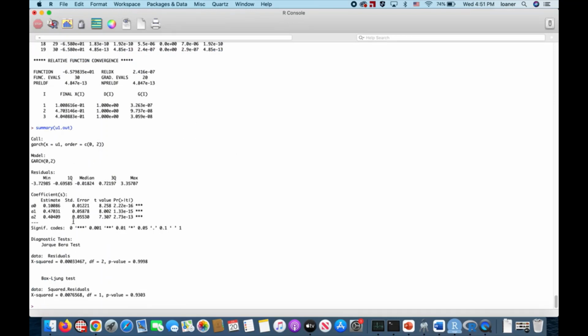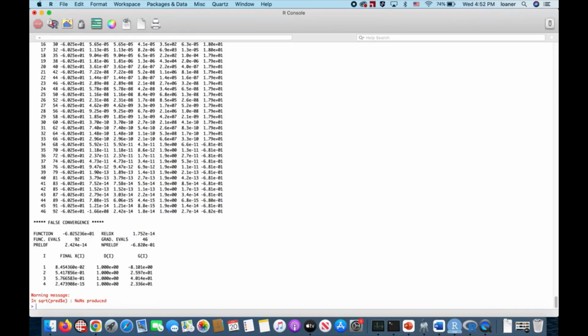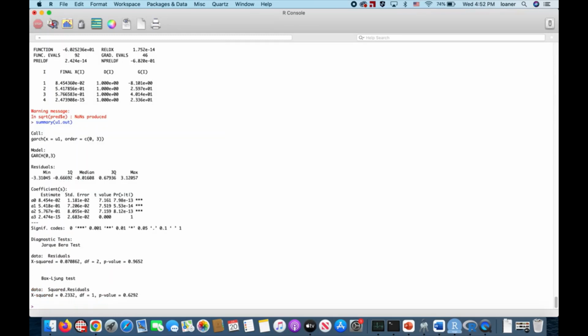Okay, so these parameter estimates are quite good, and the normality and white noise tests seem to be okay. Now let me just one more time see what happens if I tell it it's an ARCH3. And again, here I got about a 0.1, about a 0.5, and about